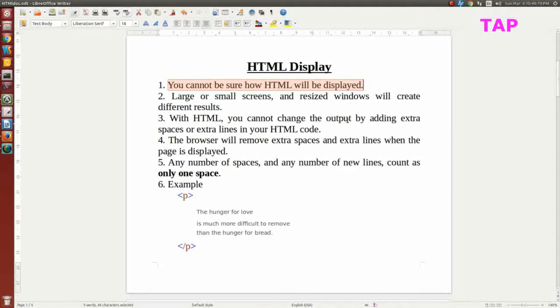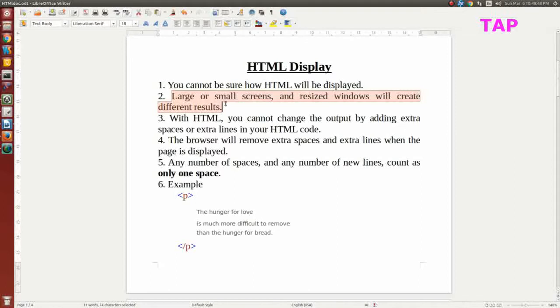You are not sure about the size of the container. So for large screen, small screen, your output will display in different results.